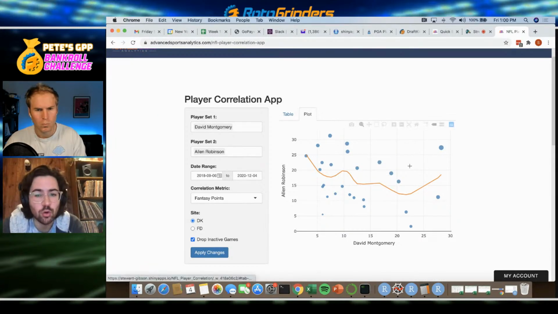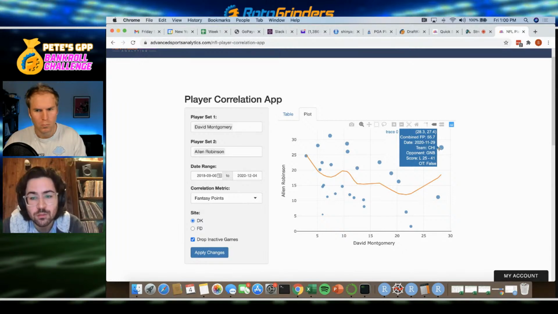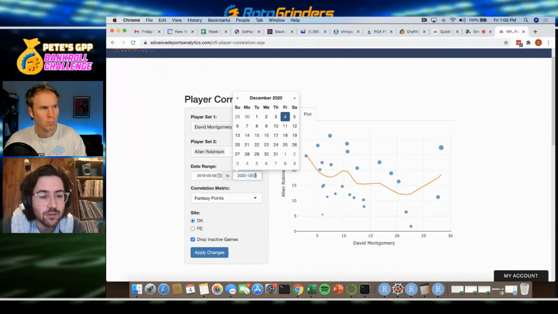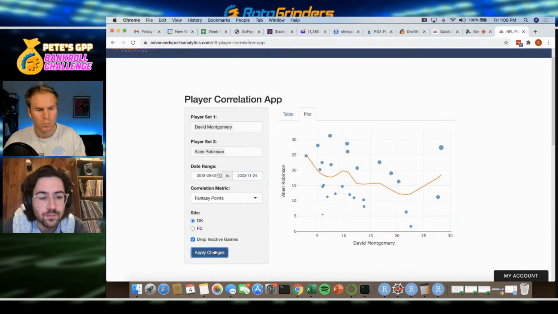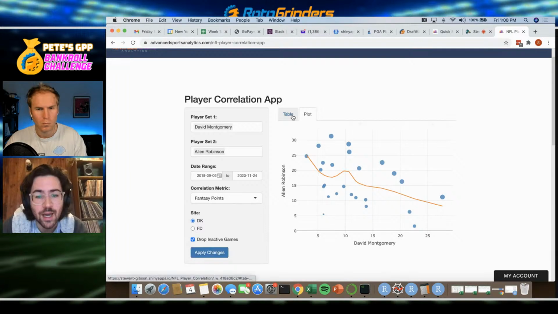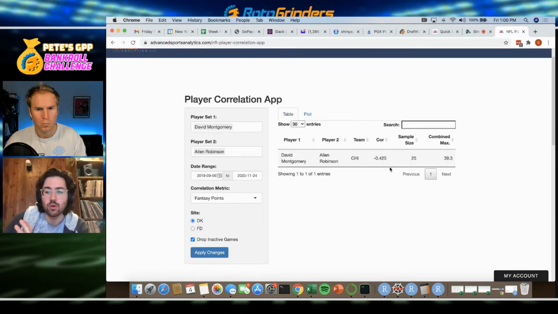We have this negative correlation. If we remove this data point, I'm curious to see, so that's 20, that's this most recent week. So if we go to 11/24, yeah, look at how, if we remove it, one thing to note about correlation